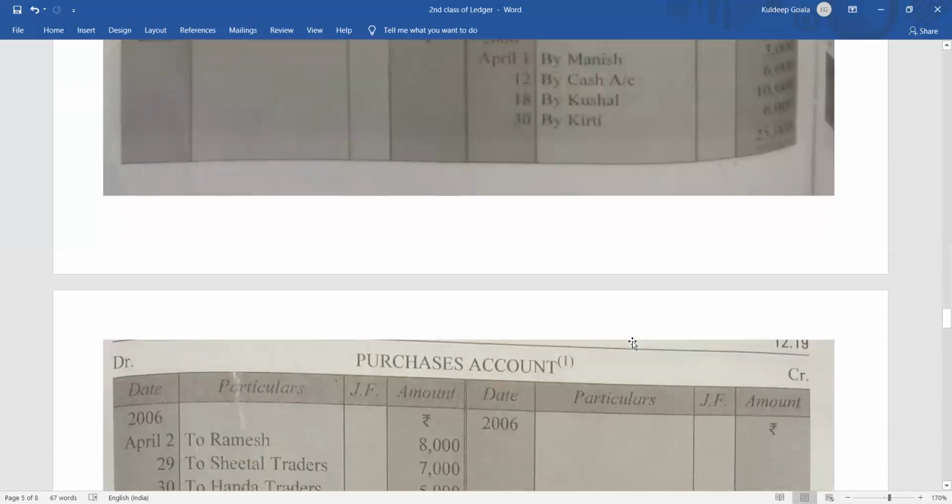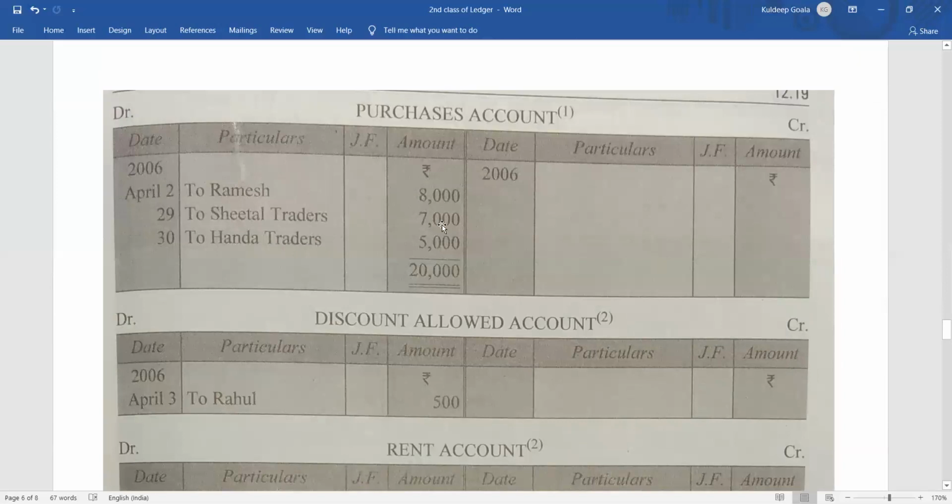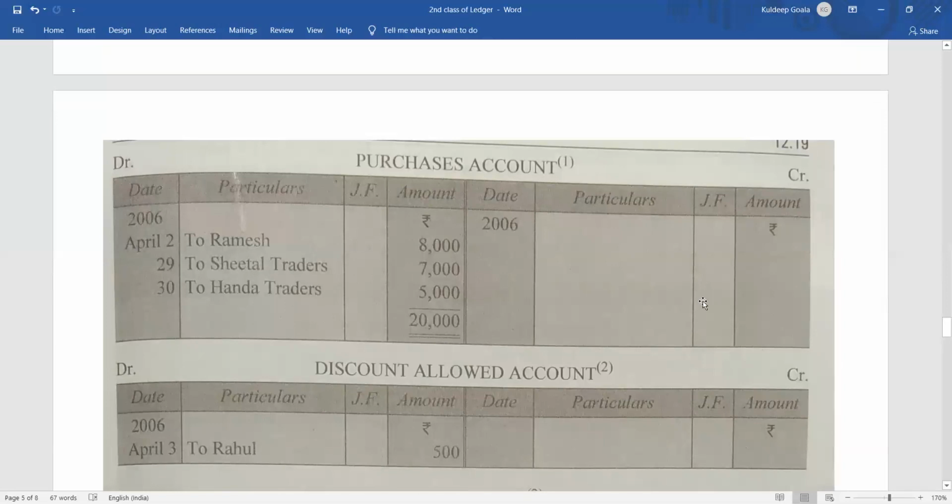Now I'll explain to you the purchases account. They are not doing it, but you must do the balancing. This balancing should be done. This side it is 20,000, right? This side nothing is there, so this side 0 will be taken. So the debit side is more, so the debit side total will be written in the credit side also. 20,000 here, here also you should write 20,000. And after subtracting, 20,000 minus 0 is 20,000. So 20,000 will be written here, right?